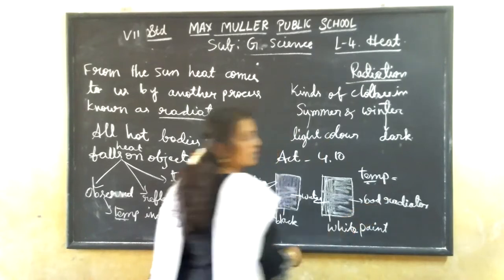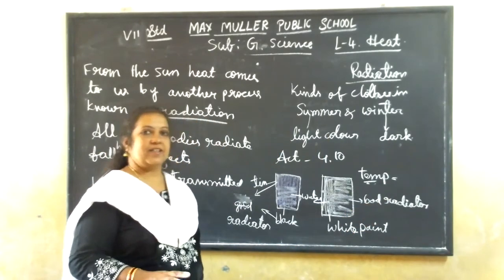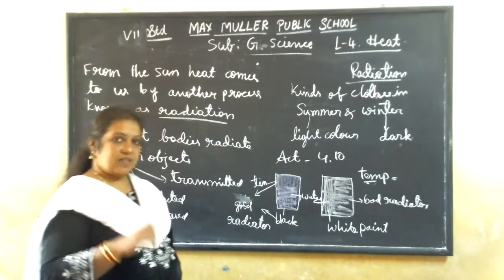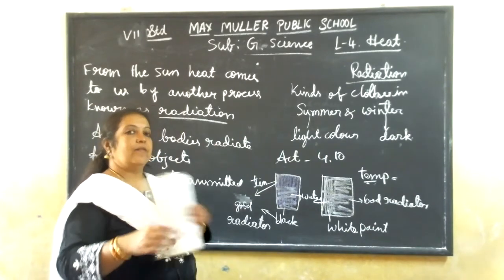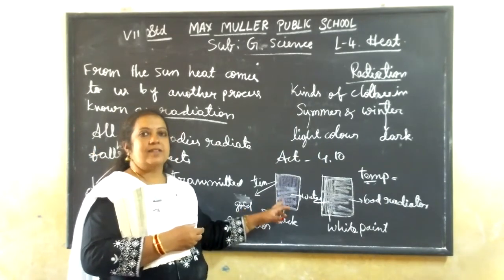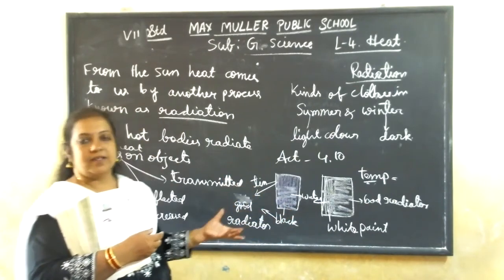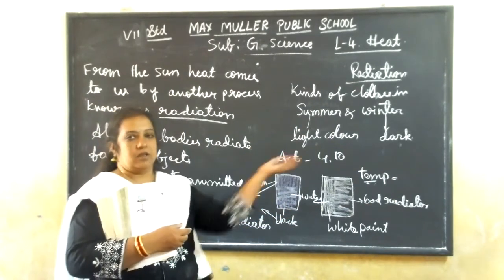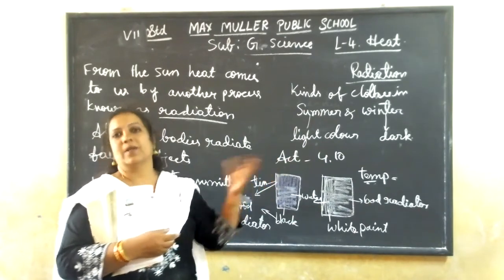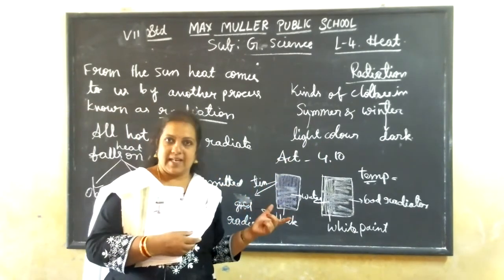Understand, children? Okay, this is very important. Why black and white colored clothes we are using? This is also one of the reasons. That only we are showing by doing this experiment. Two tins are colored with black and white. In that water is kept and the whole thing we are keeping in the sunlight for 1 hour. Then you see the temperature of both the cans.